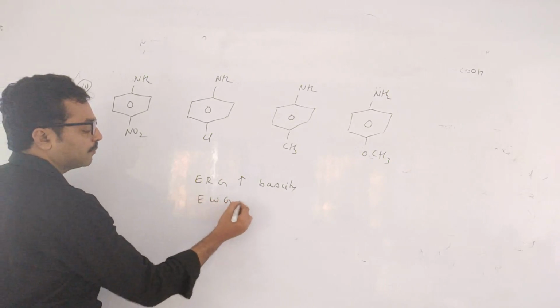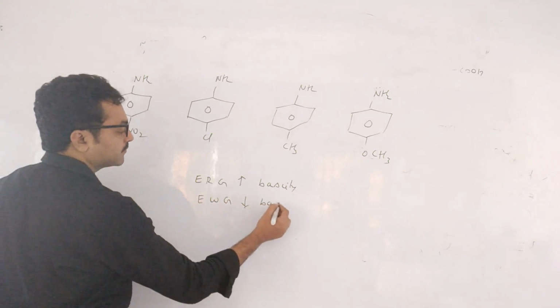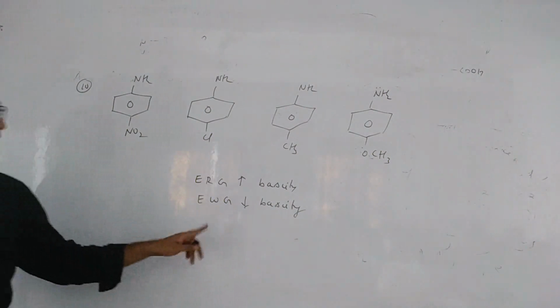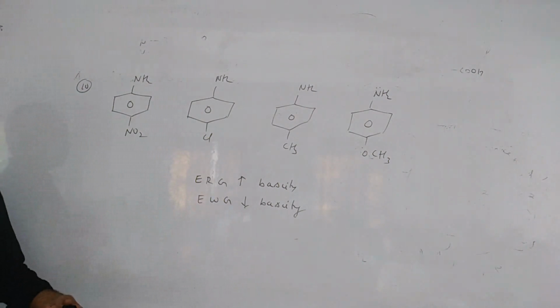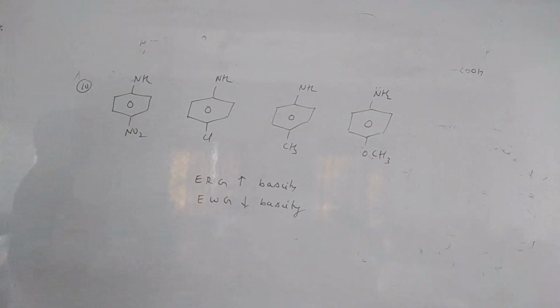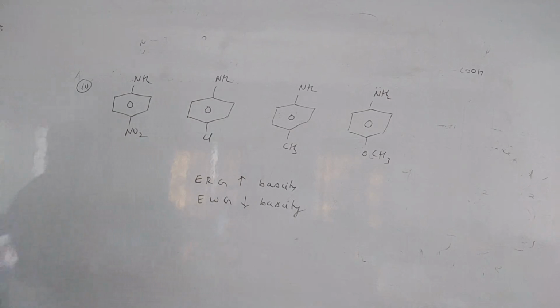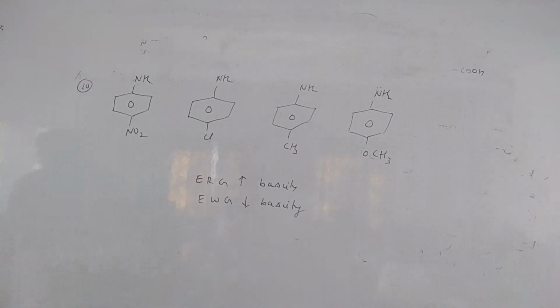Electron withdrawing group decreases the basicity. This is reverse for acidity, whereas in acidic case, electron withdrawing group increases acidity. Okay. And one more thing, aliphatic amines are more basic than aromatic amines. Why aliphatic amines are more basic than aromatic amines? Because the nitrogen is